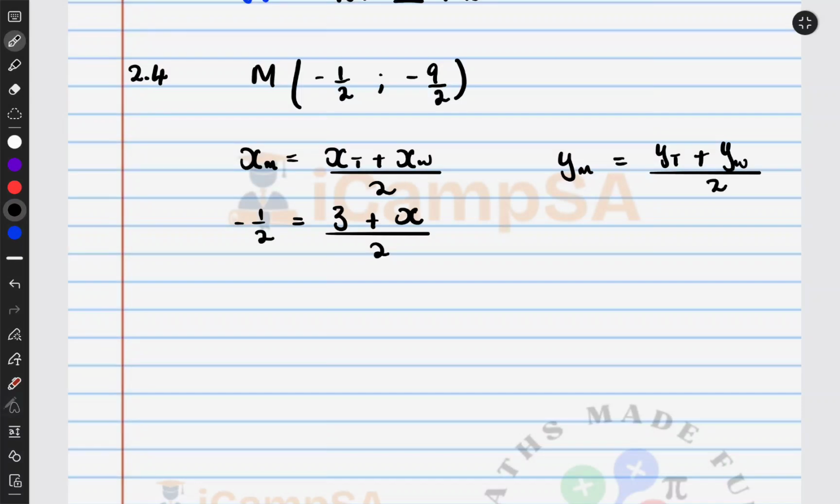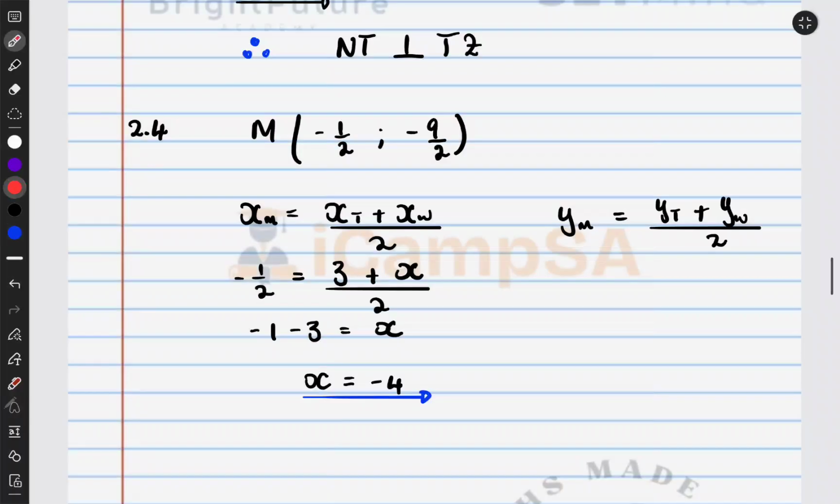We multiply by 2 on both sides. We're going to get -1 minus 3 is equal to x. Therefore, x is equal to -4. Okay, and then from there, let's calculate